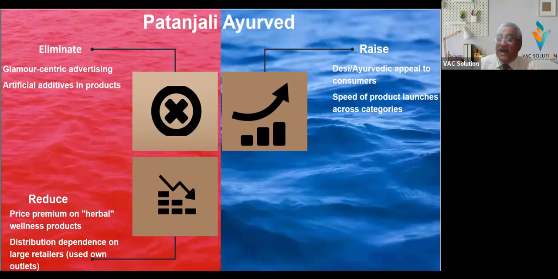Why? Because the advertising problem was not there, the logistic problem was not there. The only thing that was required was manufacturing, and all the ingredients are available. The same ingredients which Hindustan Lever or Nestle or Procter & Gamble is using were available to Patanjali in a much faster manner because his reach was to rural India.